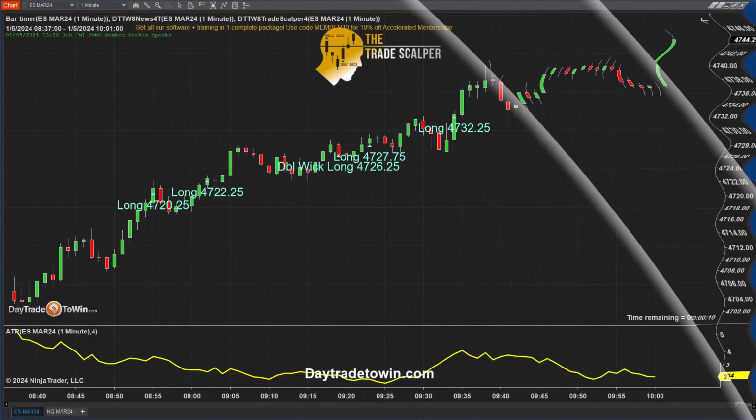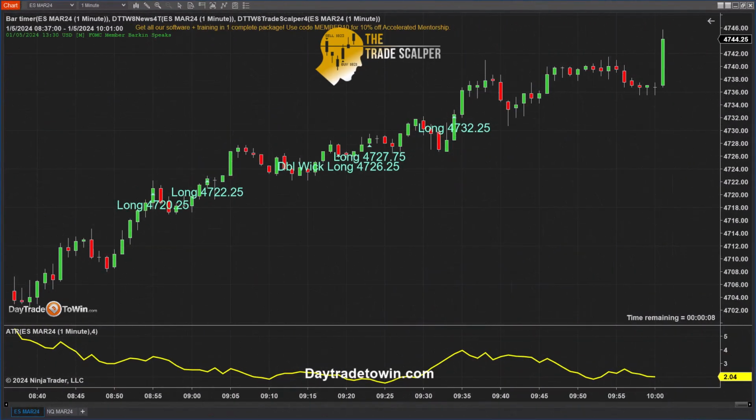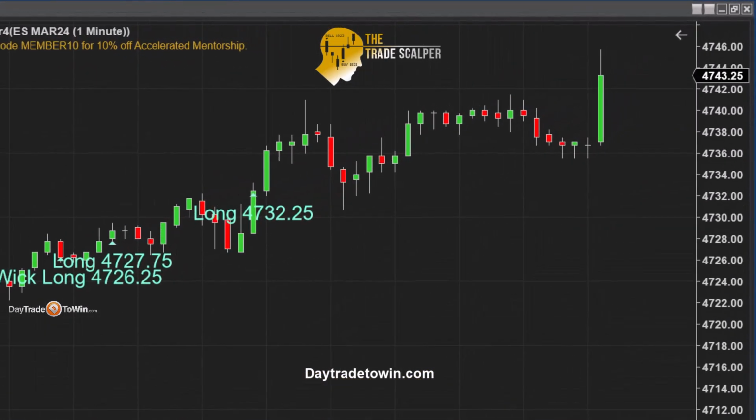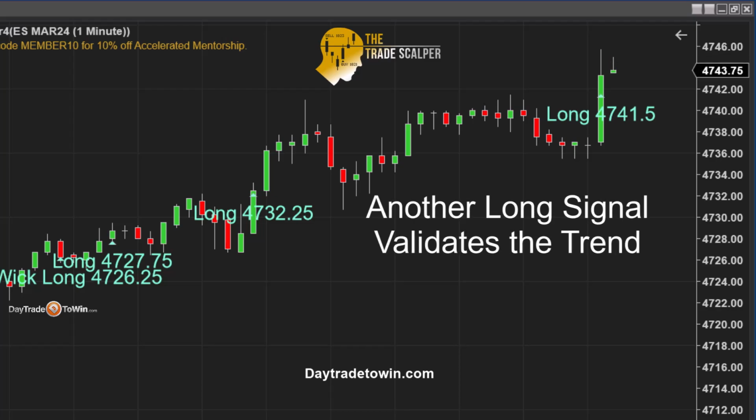Now about 10 minutes has passed and I'm still waiting for a signal, and because I understand the method, I know what's expected. I'm almost certain that we're going to see a long opportunity, and that's exactly right. 47.4150 is my long entry, or at least I want to try to get as close to this price as